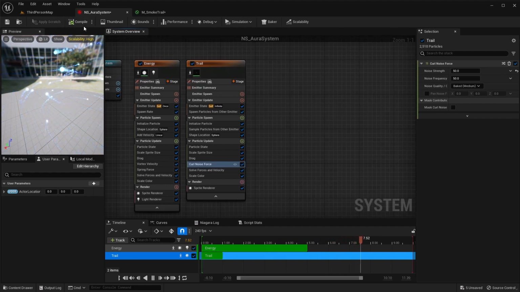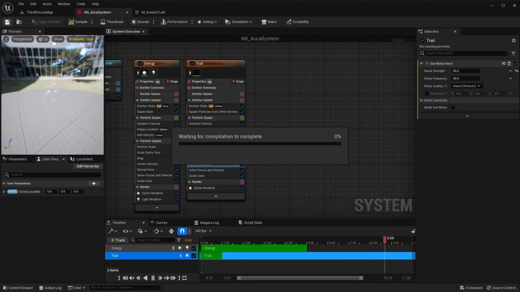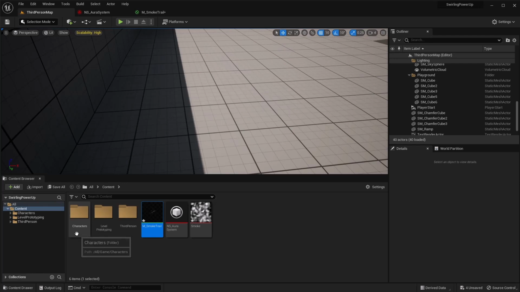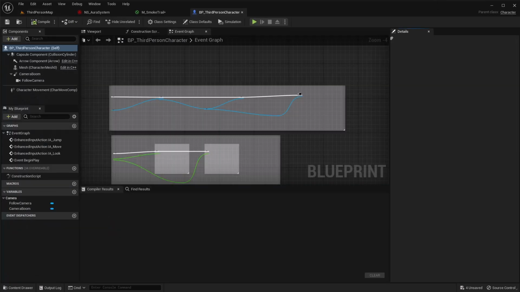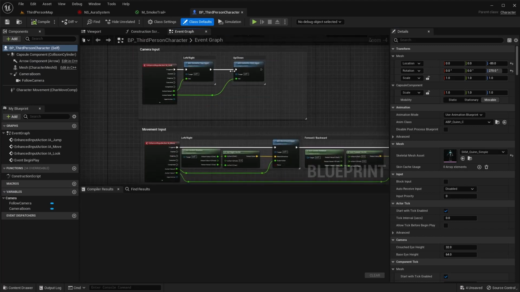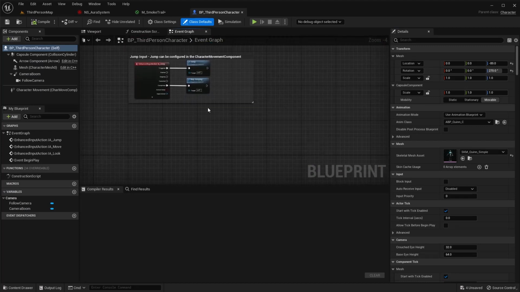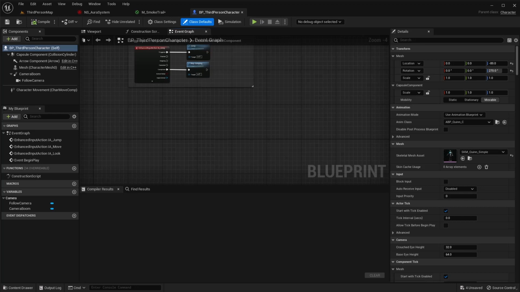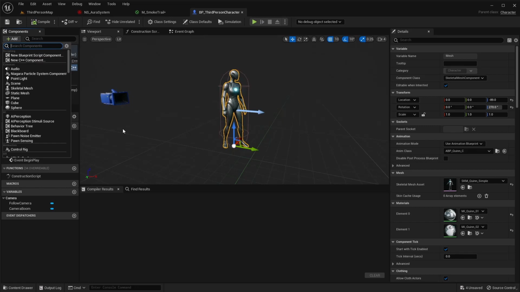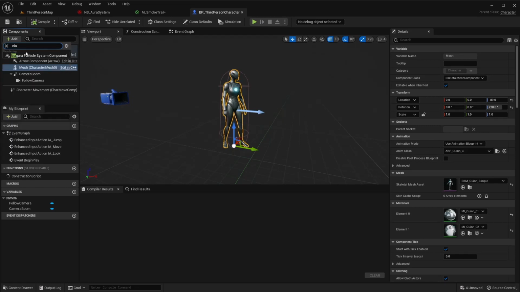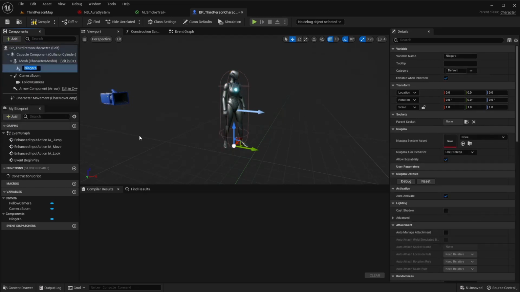And let's go apply this to our person or our character real quick. If we go into the character you're going to use, I'm using this third person character. On the mesh, it doesn't have to be the mesh, that's where I'm adding it, add your Niagara particle system.